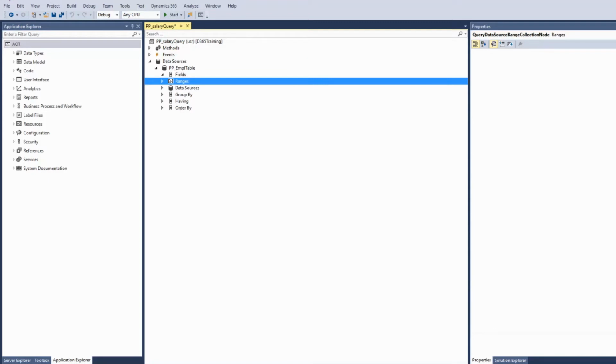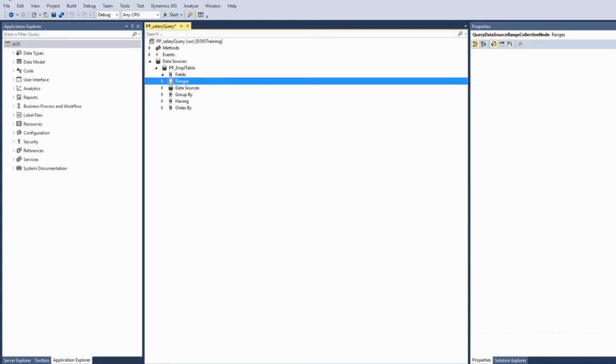Now the next is range. This node contains ranges that limit the number of records written by the query. So if I define the range, then the query will return me only those records that match the range expression. For the range I have to add one field here. In that field I can set the value property and define the expression. Based on that expression, that value, I can limit the number of records written by the query. The more complex the range expression, the more it will affect the performance. This we will see practically, how to define the range and how to set the value for that range.